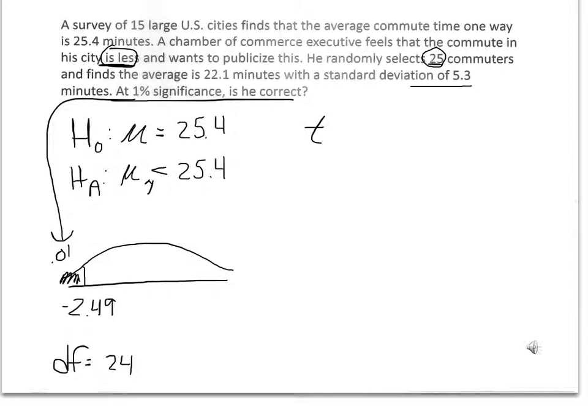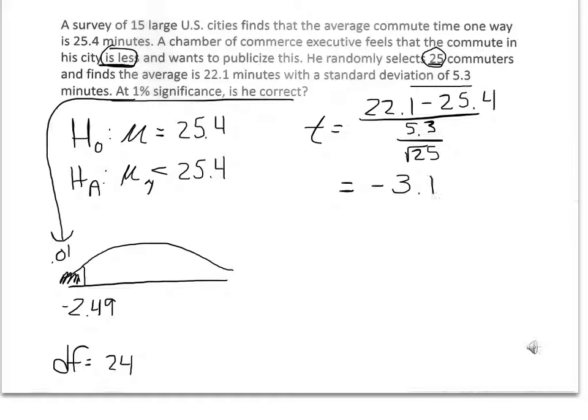Well, next I find my test statistic. Do everything we've done before. And I'm going to find a test statistic of negative 3.11. Since this test statistic is below negative 2.49, it falls in my rejection region, which means I'm going to reject the null hypothesis,